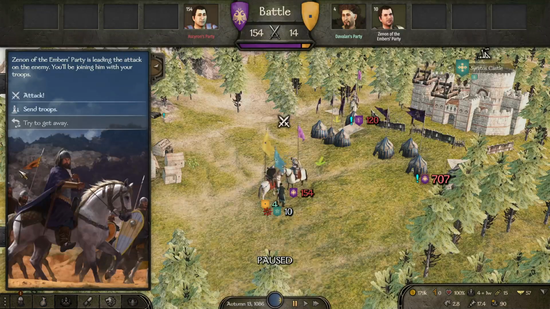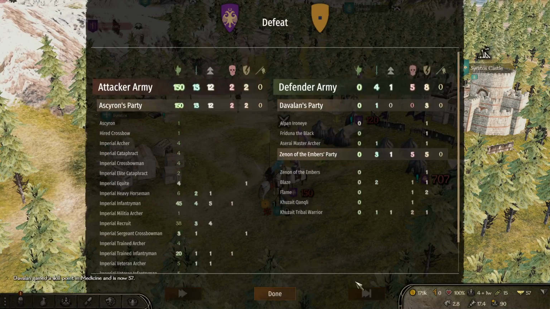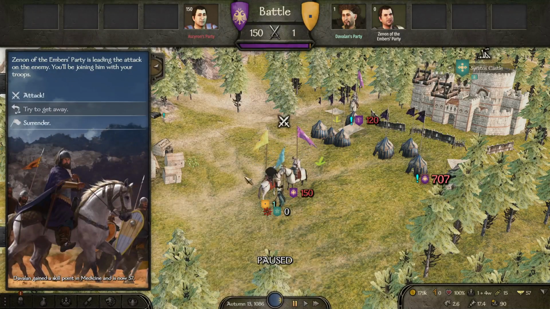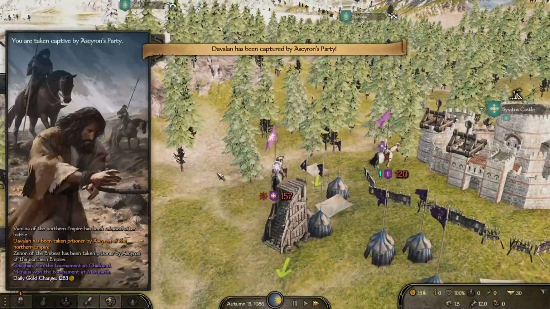You're going to click done. I suggest clicking send troops, because attack can be a little shaky. Send troops, admit defeat, it is what it is, press done. Now, you're going to have to surrender. My best choice for you is to surrender, because if you try to attack again, that's another chance that more companions can die. So surrender, and as you can see, now,